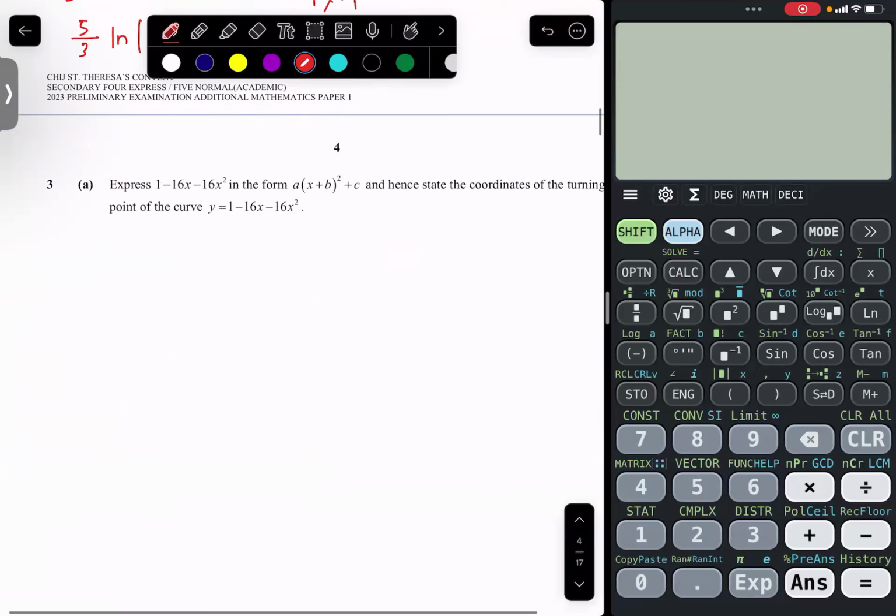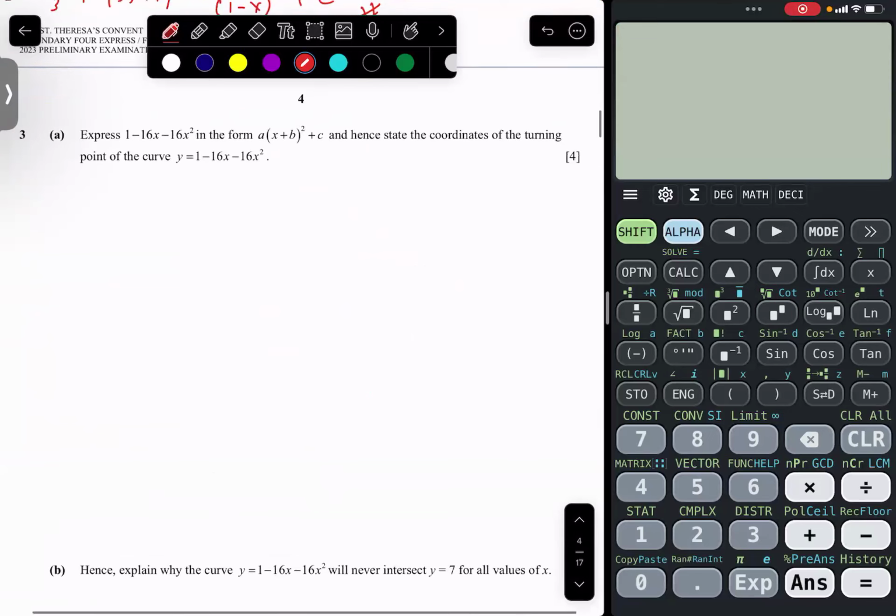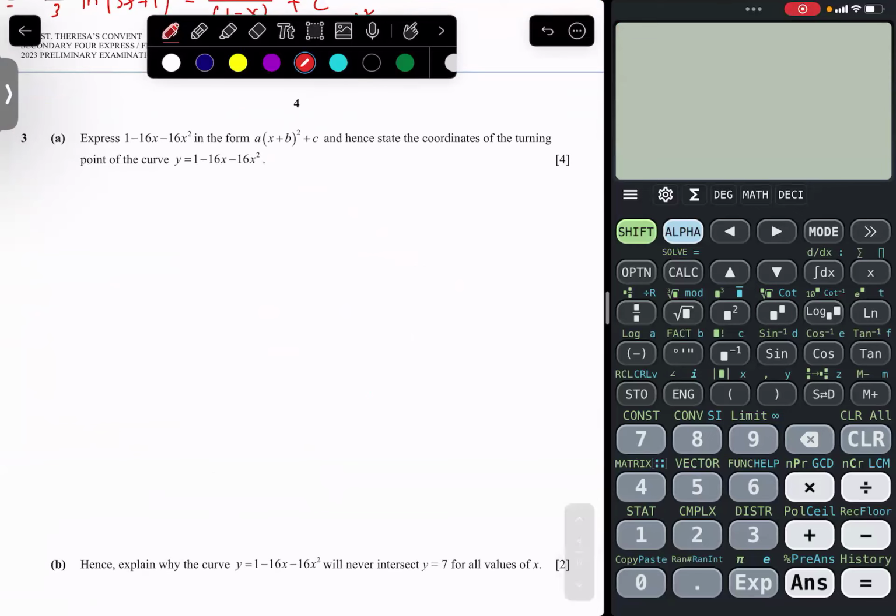Okay, question 3. Express 1 minus 16x minus 16x squared in the form of a(x + b)² + c, and hence state the coordinates of the turning point of the curve. Okay, so let's rearrange the equation. Negative 16x squared minus 16x